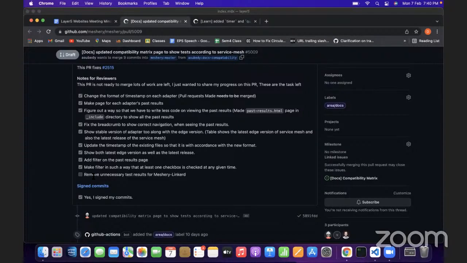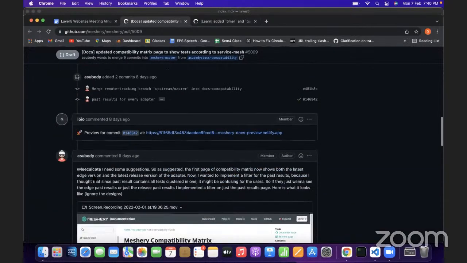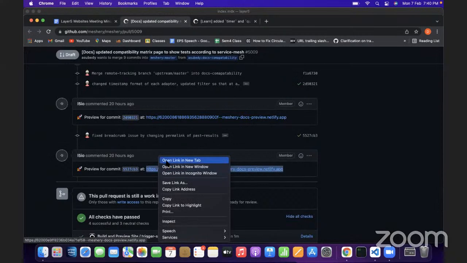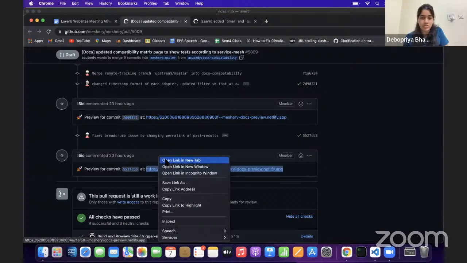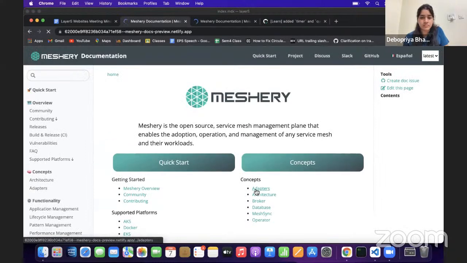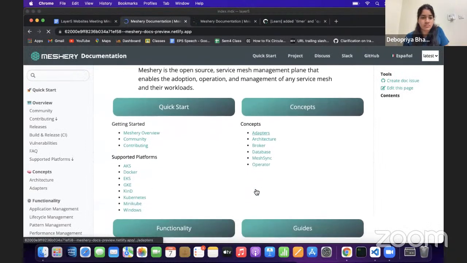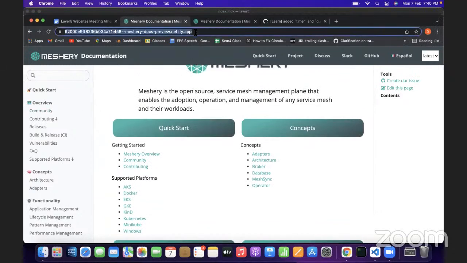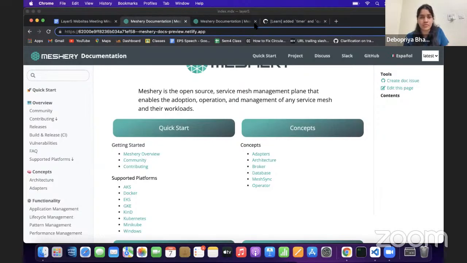Can you scroll down, and for the latest deploy we can see the implementation. Not the last. This one, right? Yeah, the last one. Where is the project compatibility page? Maybe I'll share. Yeah, you can share.